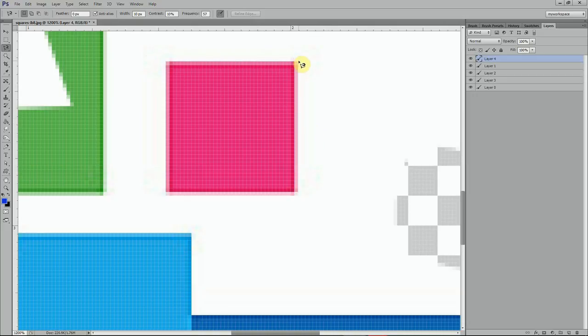So let me start here with a click, and now I'm just going to draw like this around it, around it, around it. Then it work